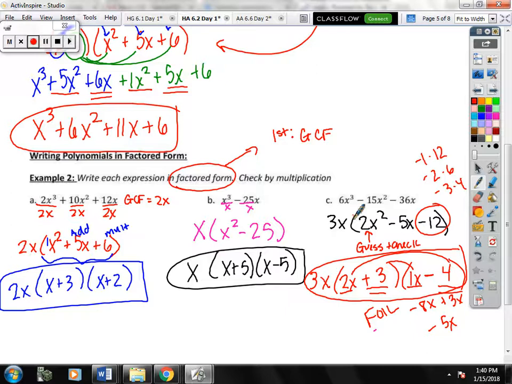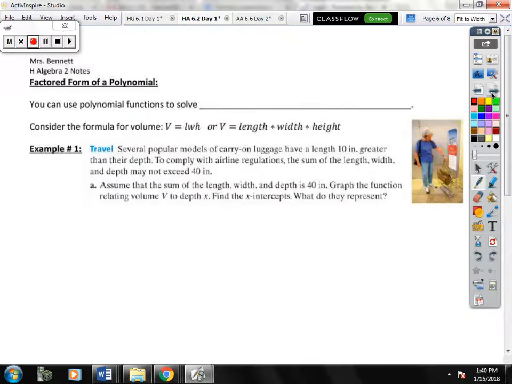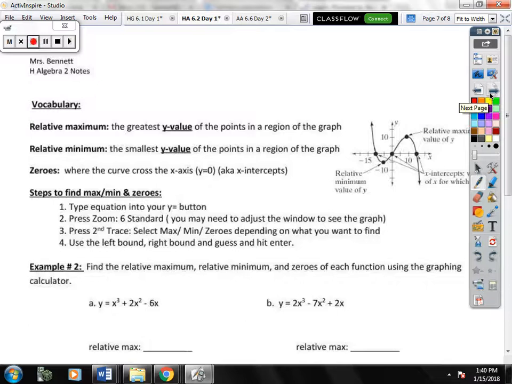That should be our final answer. 3x, don't forget about that, 2x plus 3 and x minus 4. All right, we're going to skip over the word problem for now, because I want to make sure we get to the other problem, just because of your homework assignment. We are definitely coming back to it either today or tomorrow, so don't cross it out. But go to the next page in your packet, and we're going to do these graphing calculator questions,